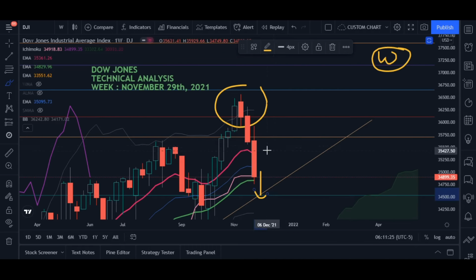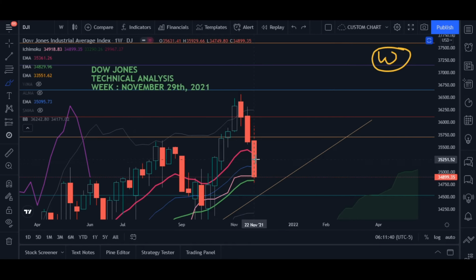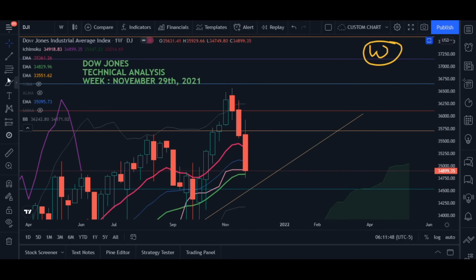Daily charts are the most accurate, but weekly charts derive the momentum or the movement of the market. So this is a bear candle, a very heavy bear candle, and it says that there are bear sentiments in the market. Now,